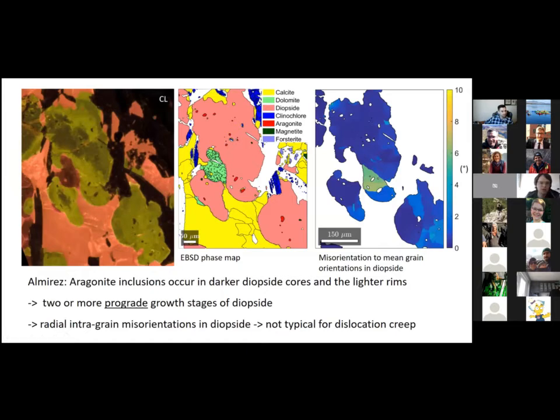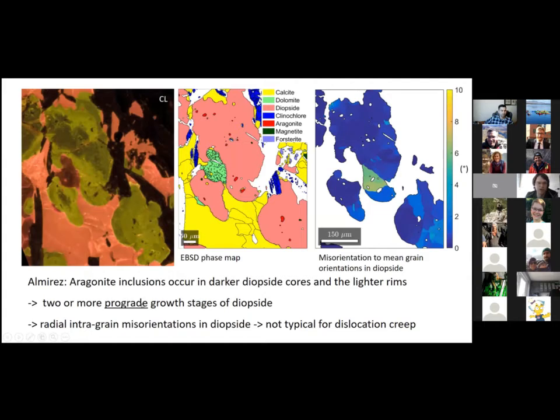When we directly compare the CL images with the EBSD phase maps, we see that here in the phase map, you see aragonite inclusions in red. And we see that these occur in all the different zones in diopside. So they are in the cores, in these darker cores, but also in the lighter rims, which tells us that we have two or more prograde growth stages or continuum of diopside in the aragonite stability field at a high